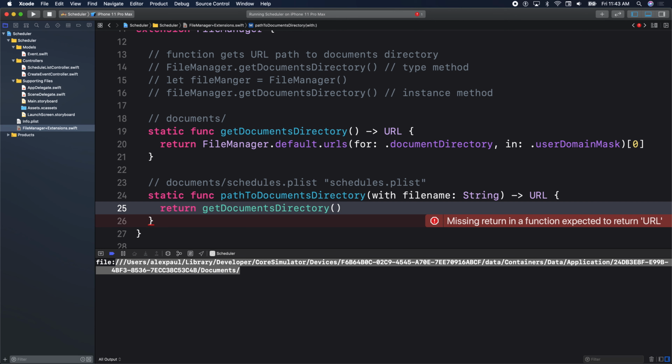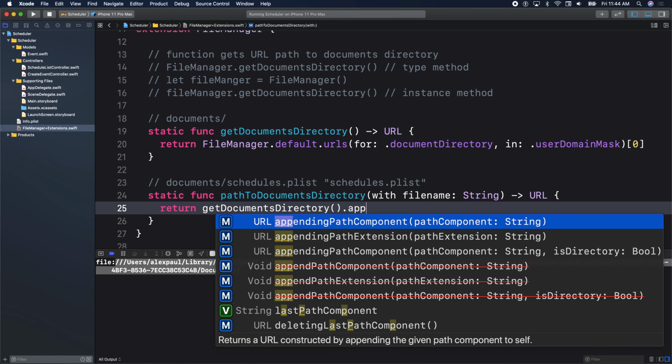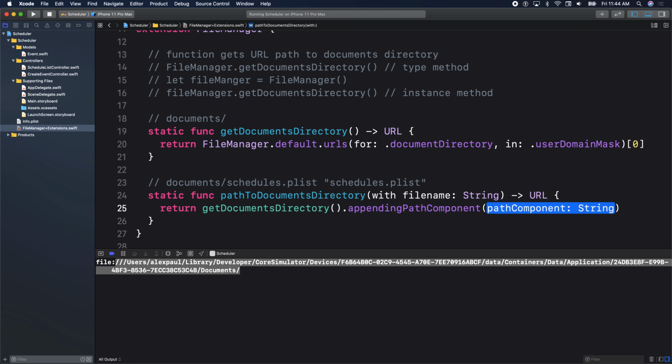In that case, we'll just say get documents directory. We'll simply use our function that we wrote earlier, but in this case, we'll be saying append path component. We'll be using append path component, not append path extension. Append a new component to that URL. Yes? I'm asking because this is appended now. Yeah, we're using append path component. So we have one path. The first path is documents/, correct? We add in a new component to it. The new component will be the file name. No, because it's saying appending. It's the same thing, right? We're using appending path component, and it's expecting a string here, so we pass in